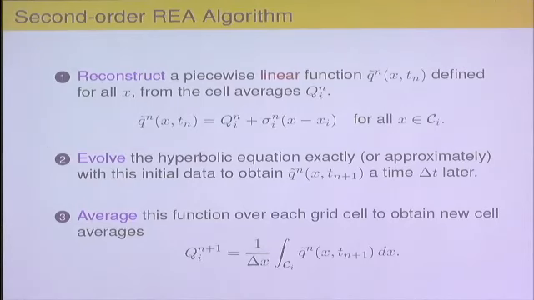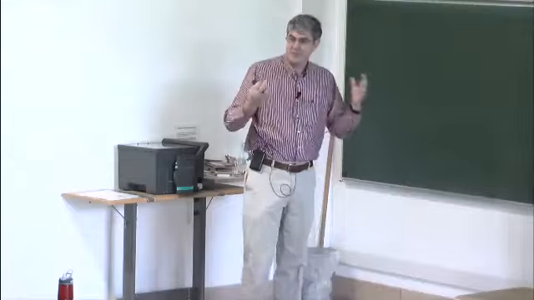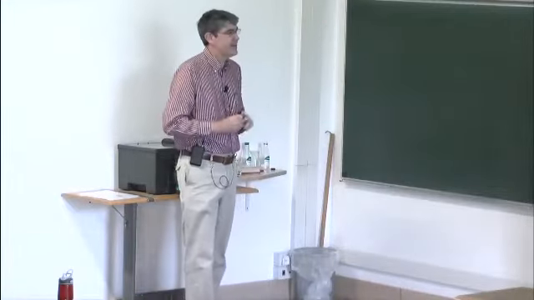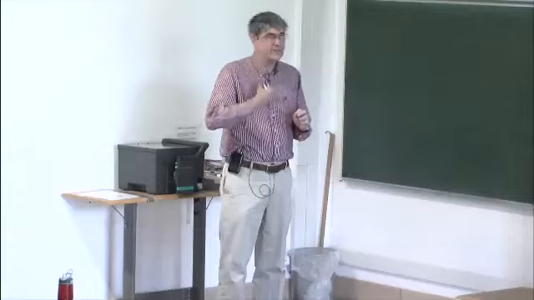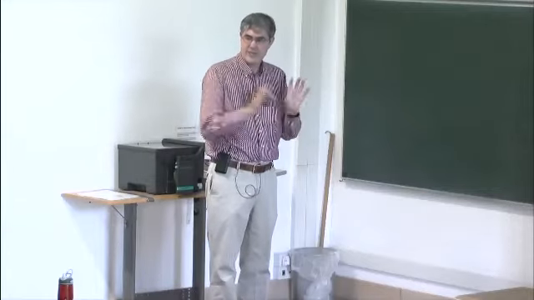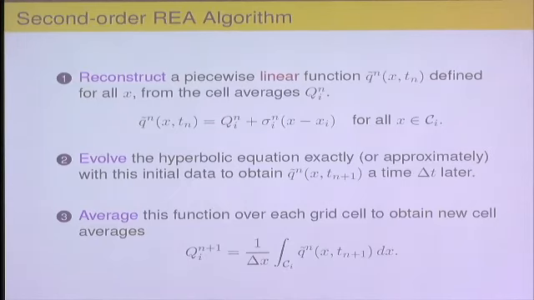So how do we get to second order accuracy? Because the first order upwind method is really not accurate enough for most applications. There are various ways to look at how the extension to second order goes. If we just had a scalar equation, then a simple way to think about it,